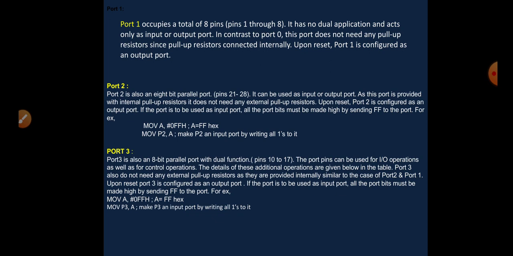Plus port 2 is having the dual role. So port 2 is also associated with the higher order address lines, that is from A8 to A15. In 8051 based systems, port 2 along with port 0 is used to provide the 16-bit address of the external memory. Since 8051 is capable of accessing 64 kilobytes of external memory, it needs a path for the 16 bits of the address. P0 provides the lower 8 bits, that is A0 to A7, and port 2 provides the higher 8 bits of the address, that is from A8 to A15.